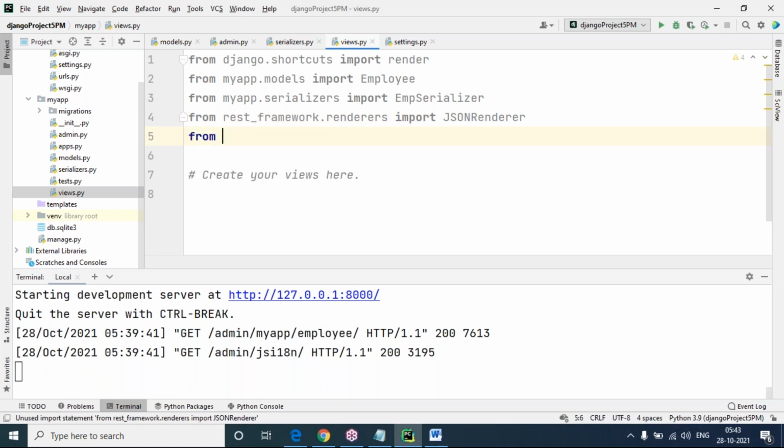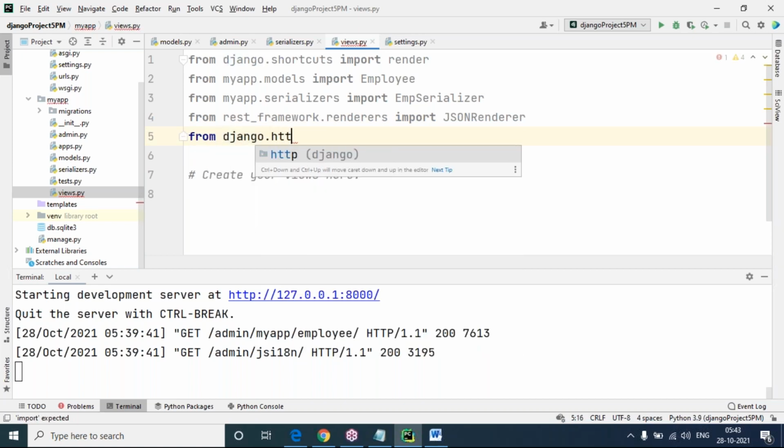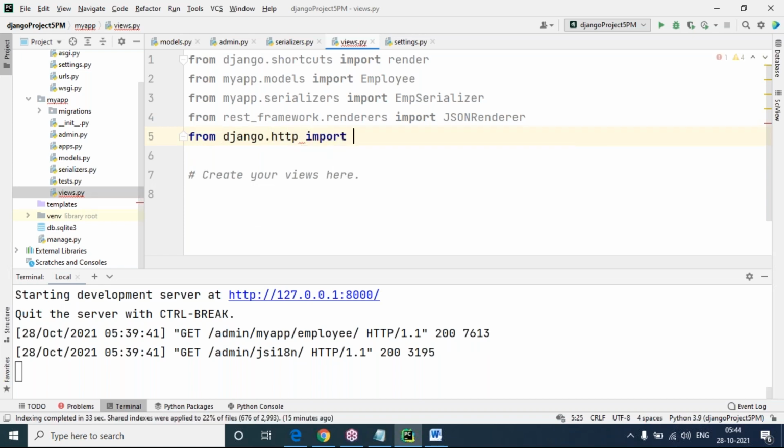And next, from django.http import HttpResponse, I'm also going to use. These things I'm going to use in my view. The difference between the previous project and this project is that I'm using rest_framework.renderers import JSONRenderer. So what is the use of the JSONRenderer class here?